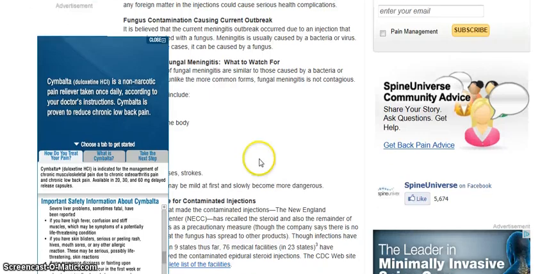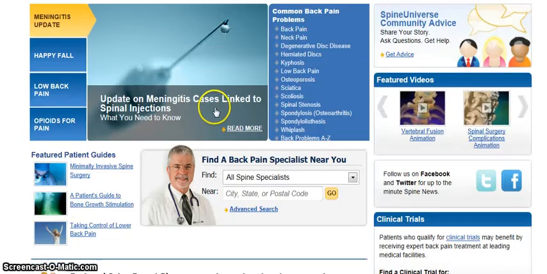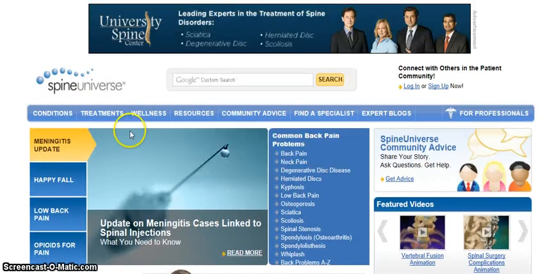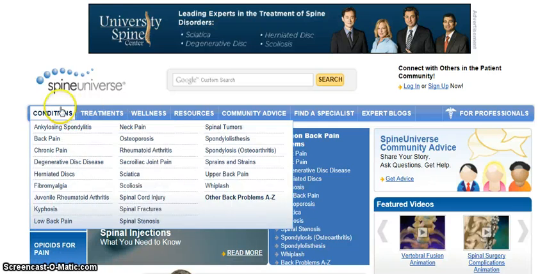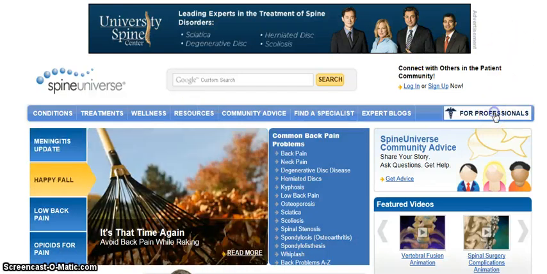Overall, I think that this is an excellent website that is easy to navigate, and the information is trusted and peer-reviewed. I would recommend this website for patients who are trying to find information about spine conditions, treatments, and general information. The last part I will close with is that there is a link here for professionals,